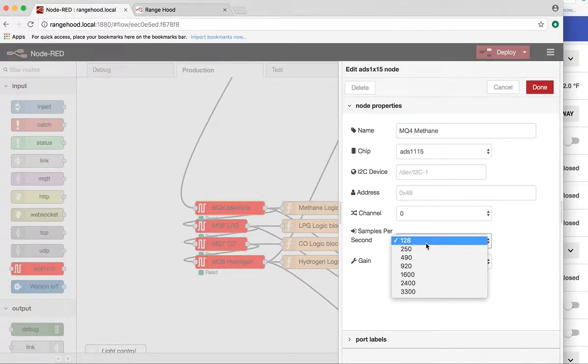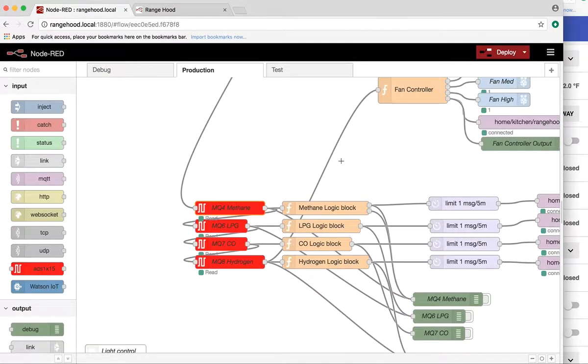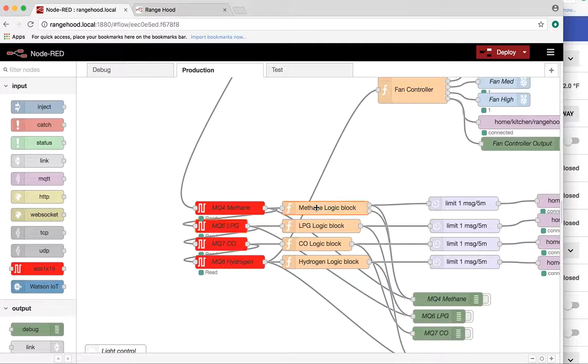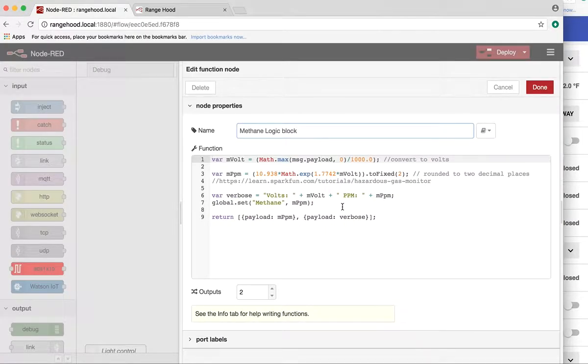I'm just telling it to read at 128 samples a second, even though I don't need that much. And the gain of 512, which is the appropriate one for this voltage range. Okay, and these are all similar except they're reading channel 1, right? And then the other ones read channel 2 and then channel 3. So each one of those triggers a function block,